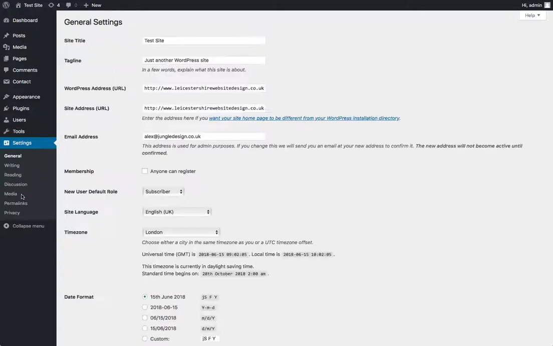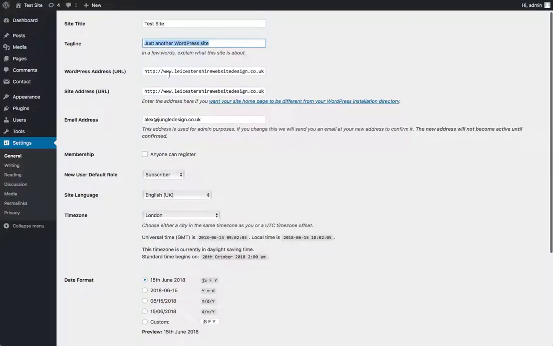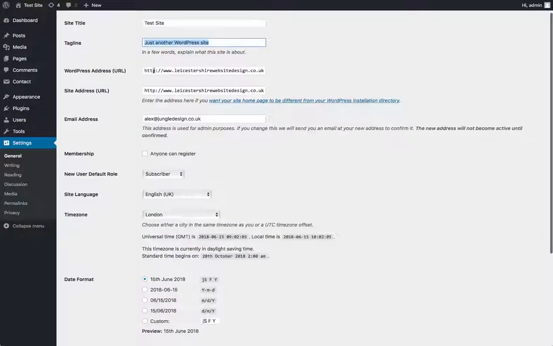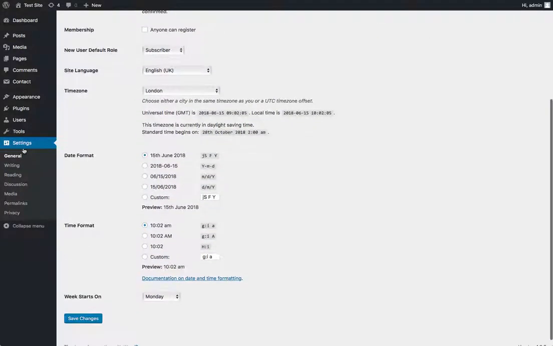Settings, you may need to go in here a bit and set a few things up. So this is where you'll set your site title up. This is important to set because it's very good for SEO. Your tagline, which I think usually just shows up on the home page in the title area, and then you've got various other things in here like your WordPress address URL. So if you decide to use an SSL certificate and you want to change it to HTTPS, you'll need to make changes here, and the general email address set up for your site, and various other little bits and pieces,